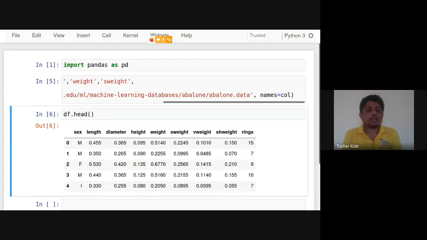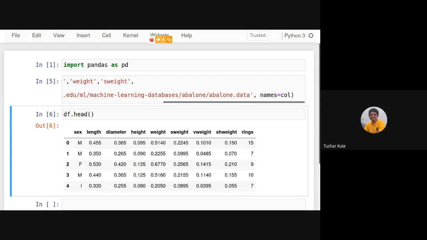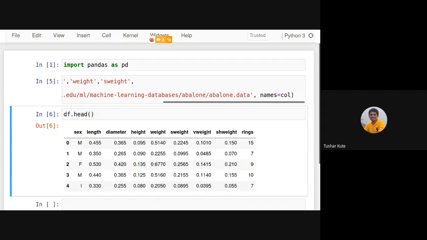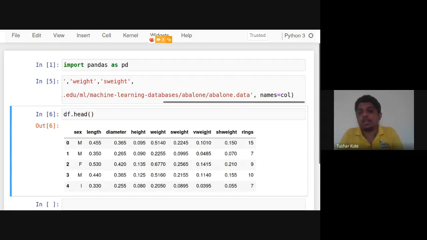Okay. So all the columns are there, for which I have given the names. Now it's mentioned there that rings is the output variable. Depending upon the sex, length, diameter, height, weights, shell weight, viscera weight and many other weights, rings is the output. Rings depends on these. We will see one example. We have seen the classifier, Naive Bayes classifier. We will use the Naive Bayes classifier there. And for regression, we have seen linear regression. We'll apply linear regression to check the result of it.